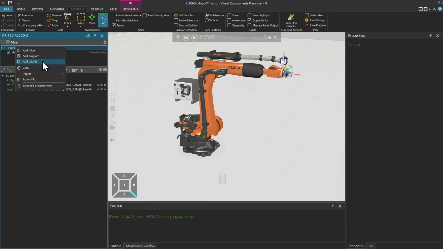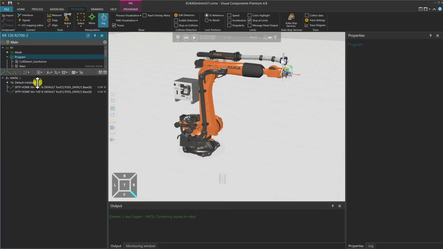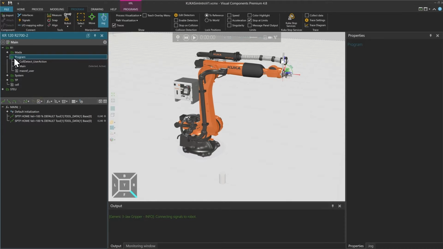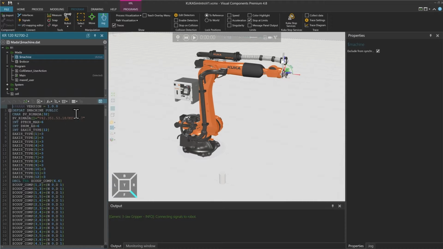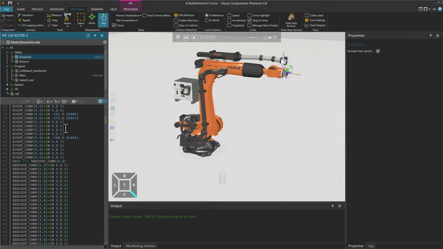But I want to show you something else. Here you can extend the program view. And if I make it a little bit bigger, you can see the same structure as I just showed you. So if you go to the MADA folder and double click on this machine data, you will see the same information as we saw before in the notepad.